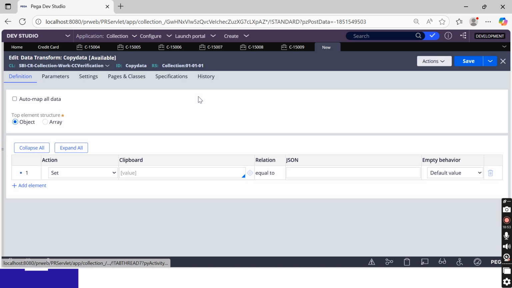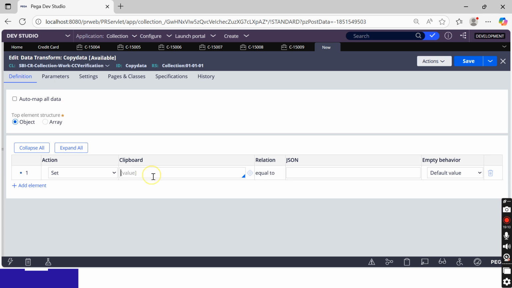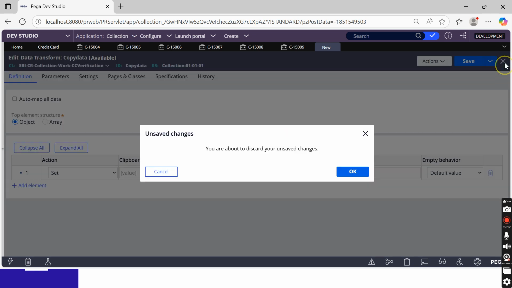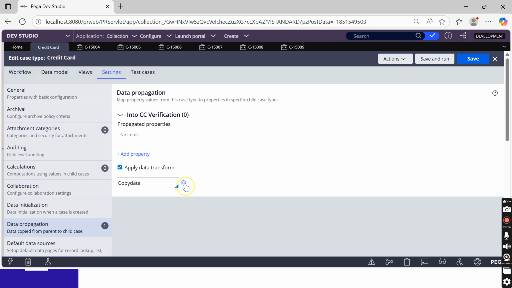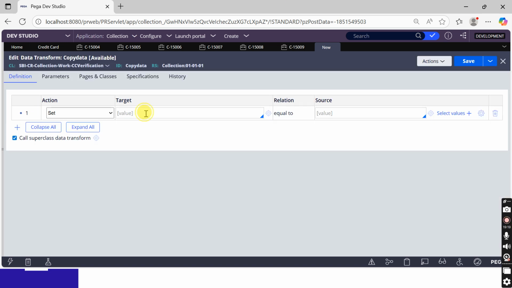So we have to copy the details to the child case from the parent case. Okay. Now I want to copy first name